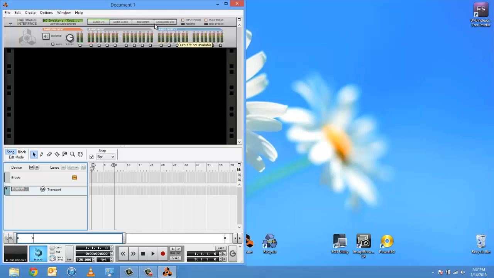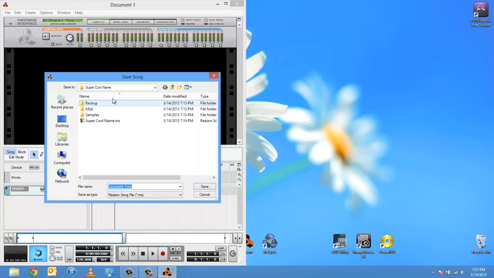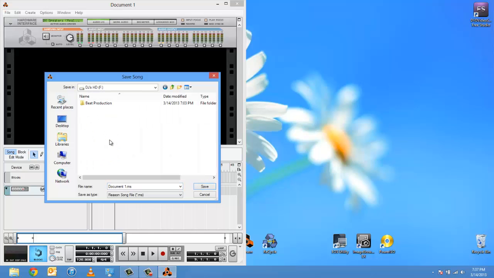So the next item on our checklist is to name our project. So I go up to File and select Save. And really this is where I'm going to be setting up my entire project folder. And I already have that set up already on an external hard drive. And so I head to that location, conveniently already named projects. And we're gonna make up another super cool name folder to show you guys what to do. Super cool project name, and we head in that directory, and here is where I'm going to house any samples, if I have any,